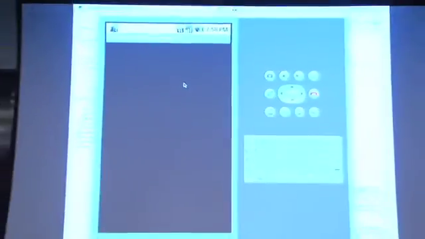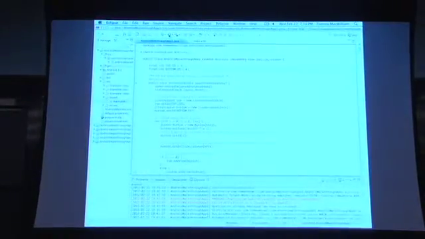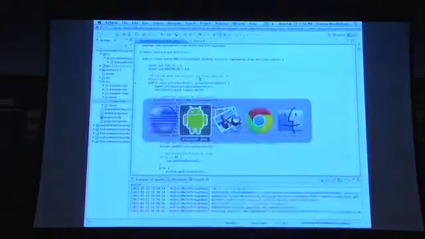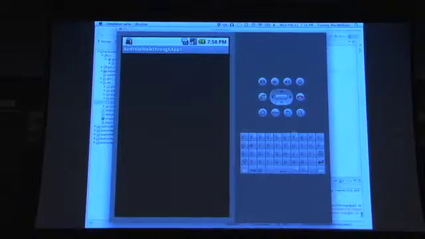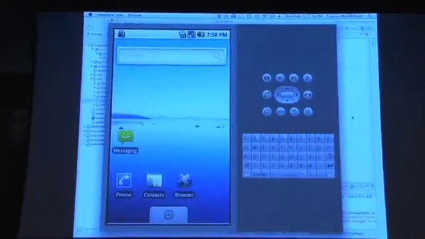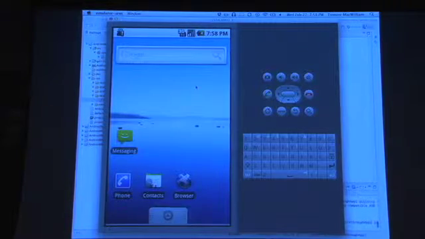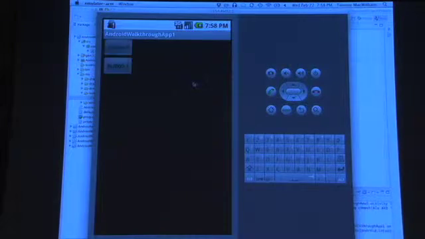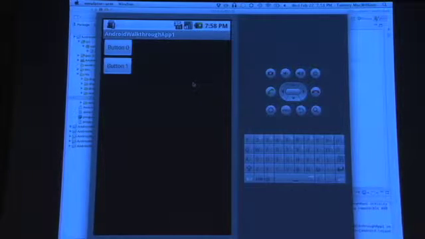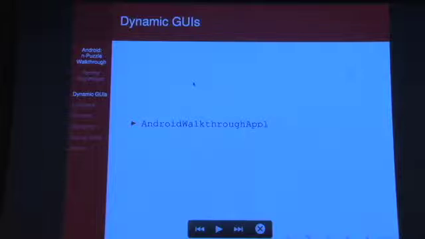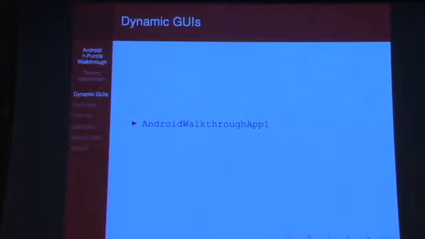So now the screen has no buttons. But if we run the app again, or if I close this first, the iOS simulator is much faster. So if I run this again, my buttons are back. It's not like I removed them forever. Any other questions on creating GUIs using Java, or more dynamic ones? OK, so let's move on